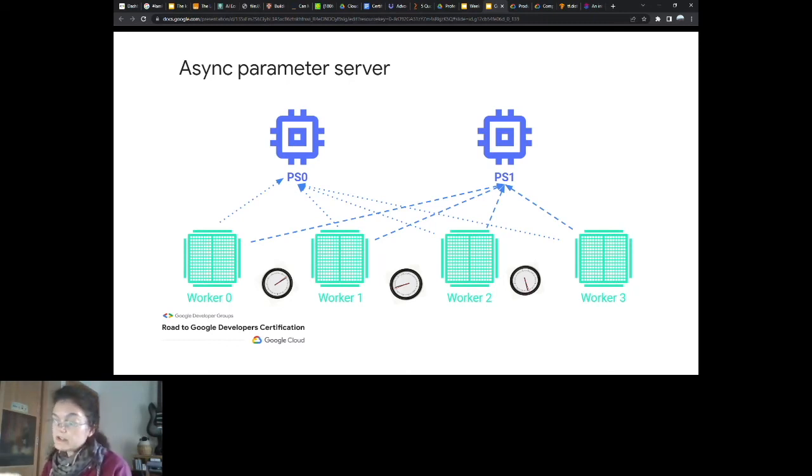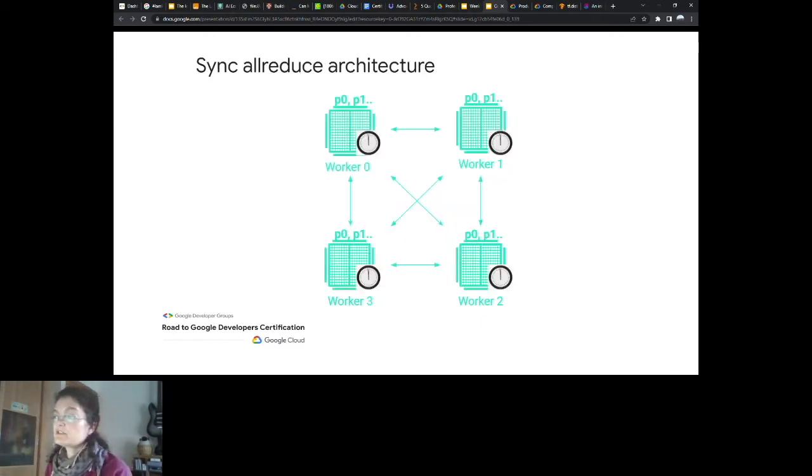The way to solve this out of synchronization problem is to go for the synchronous or reduce architecture. Here we don't have servers. Here you only have the workers. It's the same configuration, but without servers. These 4 workers need to synchronize each time. This configuration is usually used when you have powerful workers, and it was used especially with GPUs and TPUs. Before they train a new batch, they always need to synchronize all together. So there is always this full